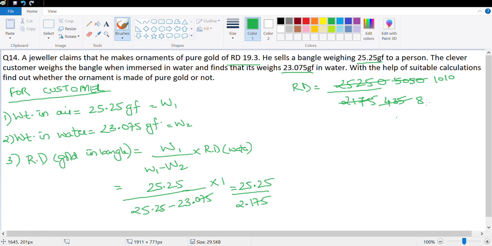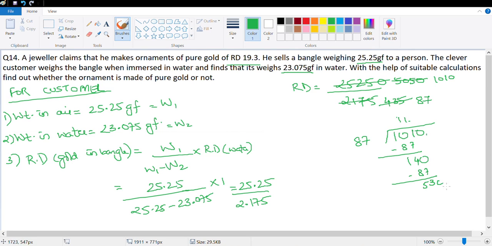35. So 5 into 7, 15. Okay, so now we'll have to divide 1010 divided by 87. 187. That's 11 minus 7, 4. 9 minus 8, 1. That'll be again 1. This is 87. 10 minus 7, 3. 13 minus 8, 5. Put a decimal,